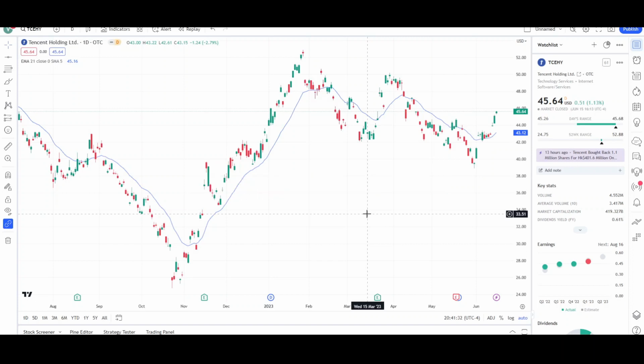with the ticker symbol TCEHY. I will first go over what I see on the daily chart and finish the video off with the weekly